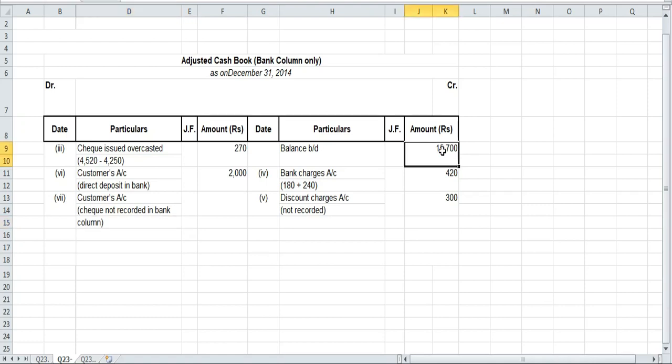Now we'll tally this. This side is coming to 16420, and this side is less. That means the balance will come to this side. So 16420, and on this side we will also write down 16420, and here after minusing we'll write down. This side total is 2270. 16420 minus 2270.